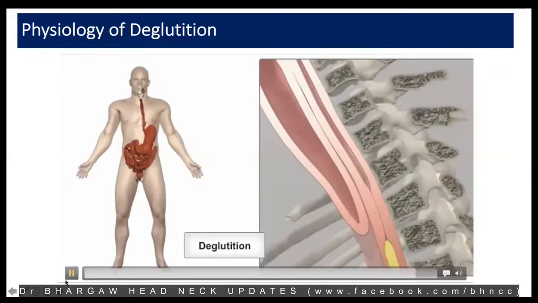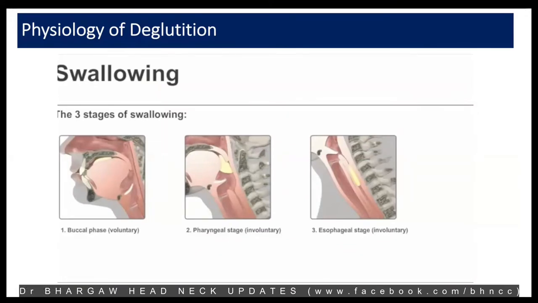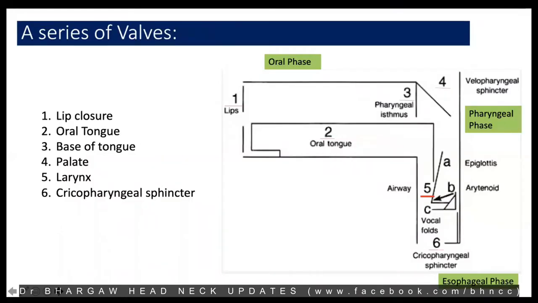So you have to remember there are totally stages of swallowing. The first stage has 2 components. One is the oral preparatory phase, and the other is the oral propulsive phase, where the tongue is pushed back. The second is the pharyngeal stage, which is the involuntary stage, and the third is the esophageal stage. Now, for the first 2 stages, the duration of the swallow lasts just 1 second, and the esophageal stage can last anything between 2 seconds and sometimes 18 seconds, as different literature says.